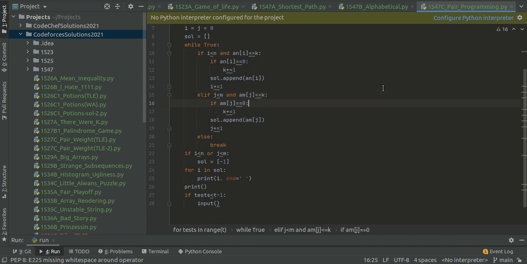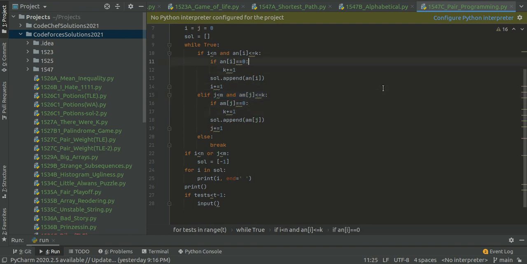Similarly we check the other condition: if j is less than m and b[j] is less than or equal to k, then only we enter it.